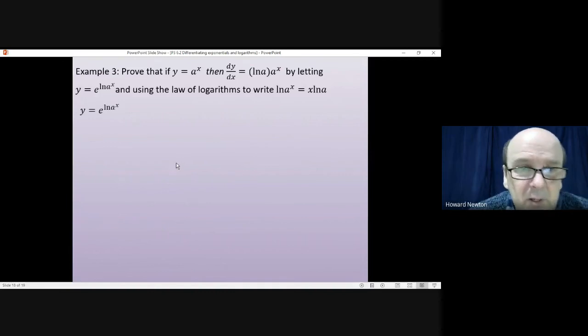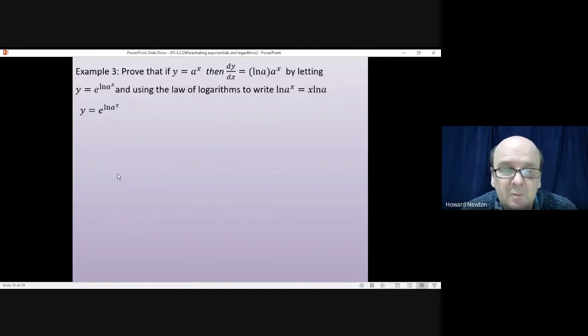Okay, let's have a look. So as I said, we're starting with y equals a to the power of x, but we're choosing to rewrite that in what looks like a very complicated way, where you write it as e to the power of log a to the power of x. And as I said, they're inverse functions, so they would cancel and just leave you with y equals a to the power of x. Then we use the law of the logarithms to rewrite the power as x log a,